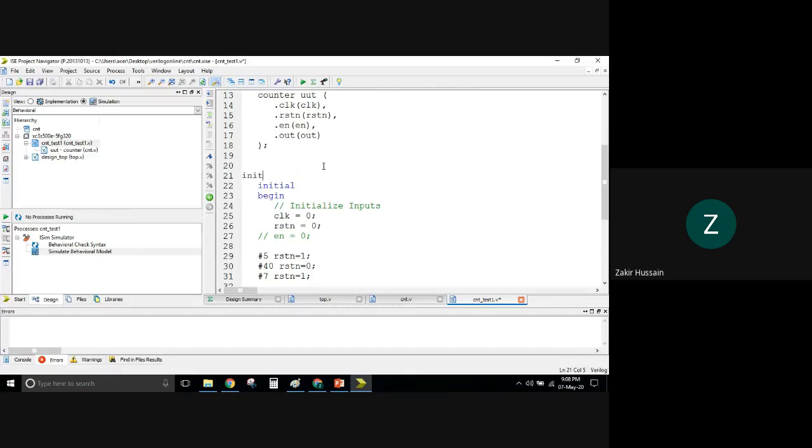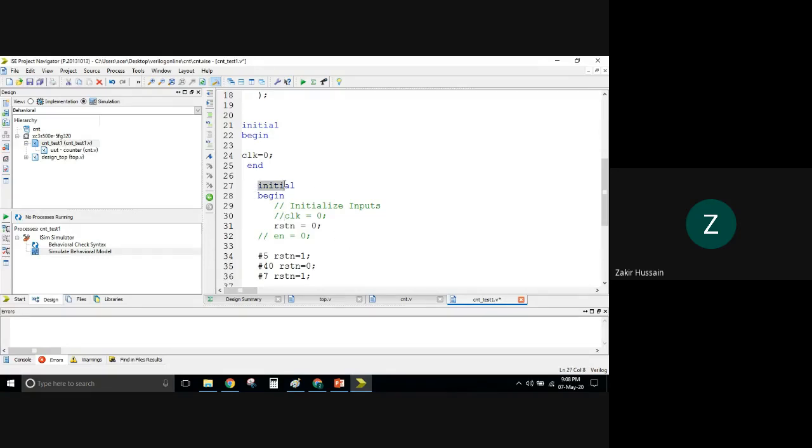This one initial, begin, and then end. In this, I'm just putting my clock value 0, and then I'm removing this here.